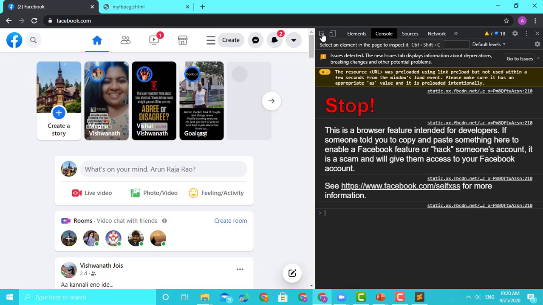For you guys, all that you have to do is click this. If you are using an Apple Mac OS, you have to press Command Alt C. That will bring up this window, and here you see this, right? On a Mac it would be a different icon, which looks like a target.